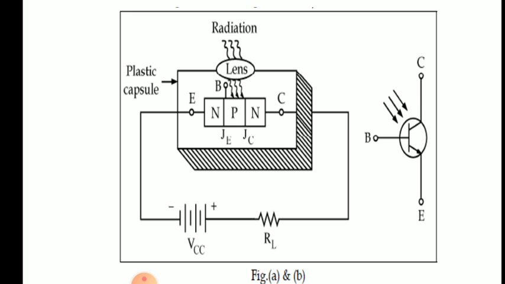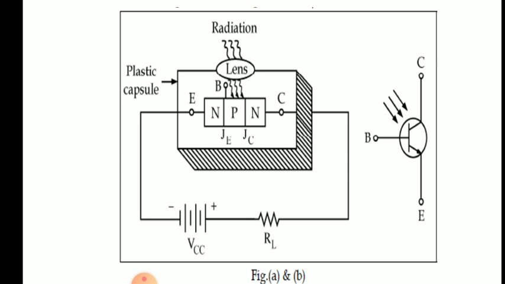Next, the JC collector junction: the N terminal is connected to the positive of VCC and the P is left open, which is considered as a 0. Then N is connected to positive and P is connected to 0. So the relative voltage will reverse bias this collector junction. With this, the JE is forward bias and JC is reverse bias, which is the required condition for